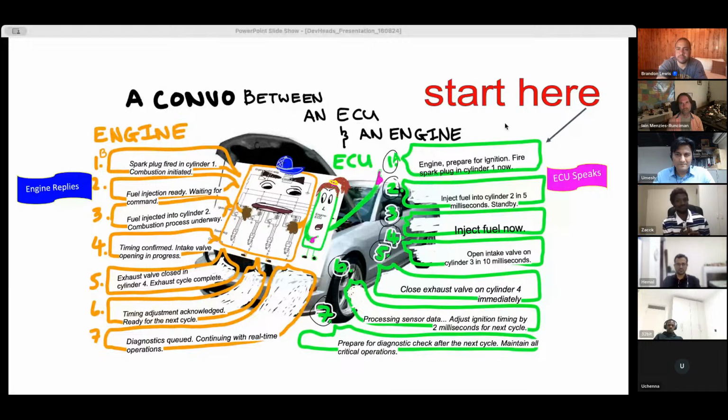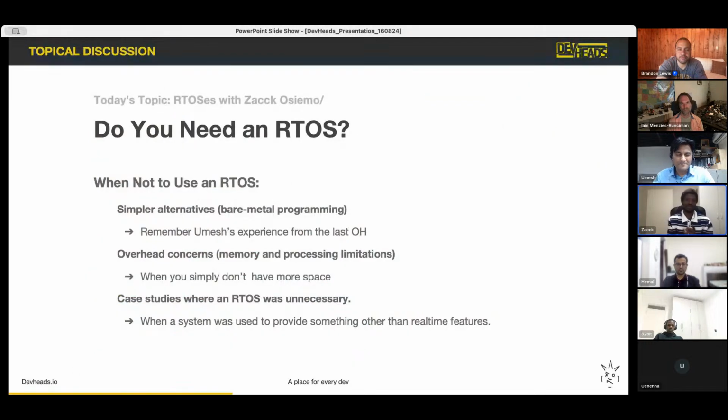Before we break down when you need an RTOS, sometimes you can identify when you're going for an RTOS but you don't need to be.